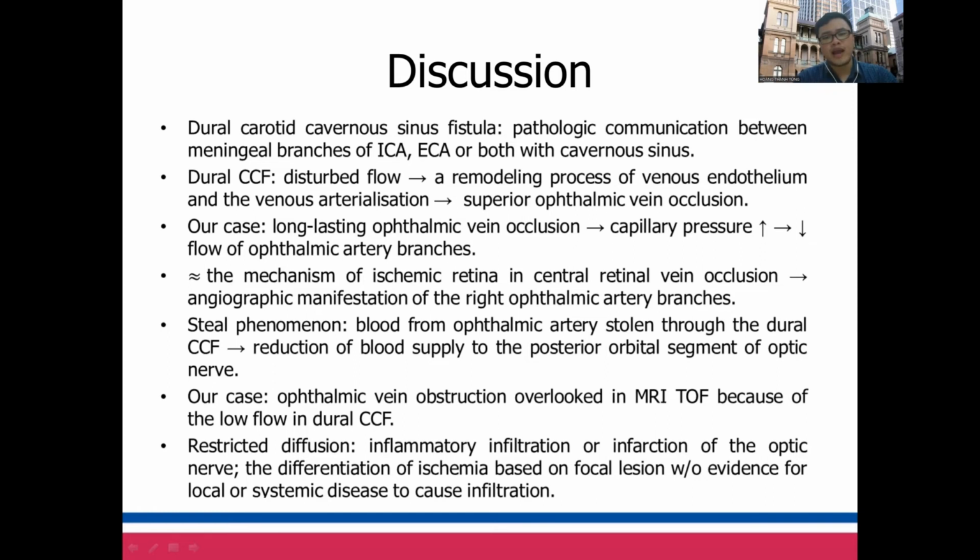And our hypothesis was the steal phenomenon, in which the blood from the ophthalmic artery was stolen through the dural CCF, leading to the reduction of blood supply to the posterior orbital segment of the optic nerve. And in our case, the ophthalmic vein obstruction was overlooked in MRI TOF because of the low flow nature of